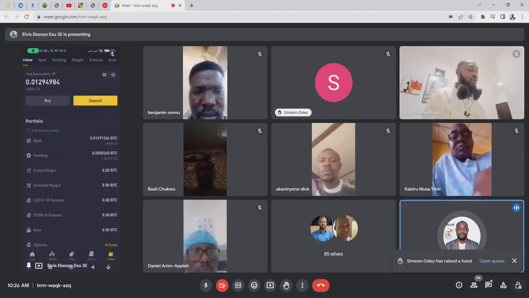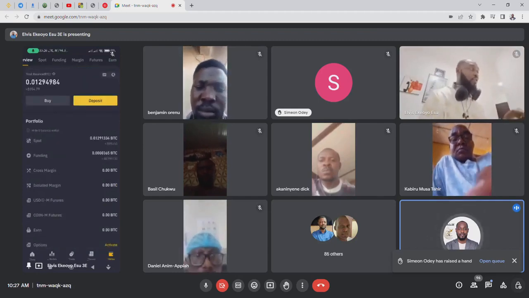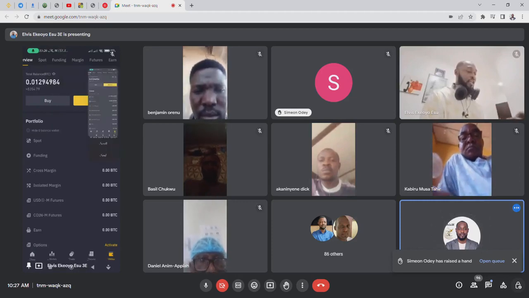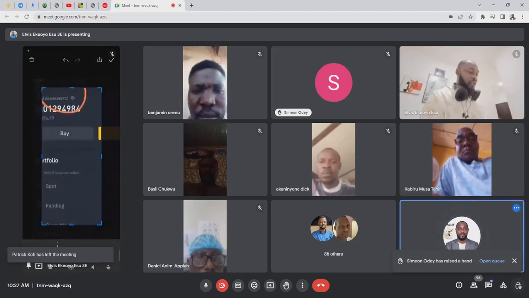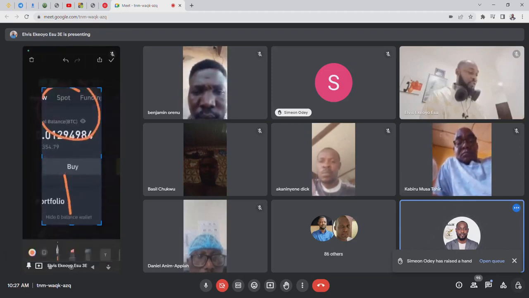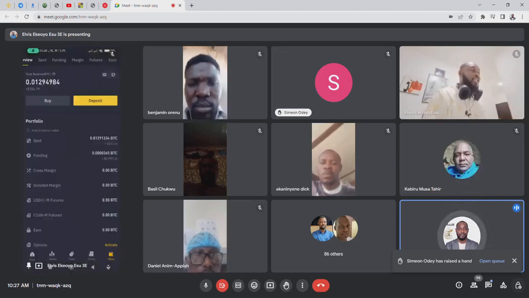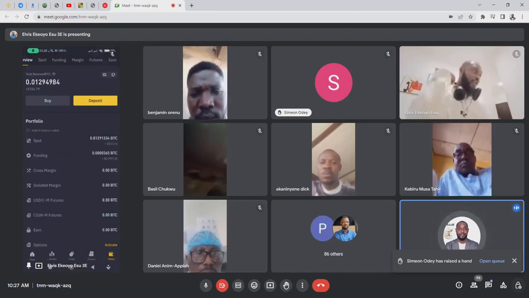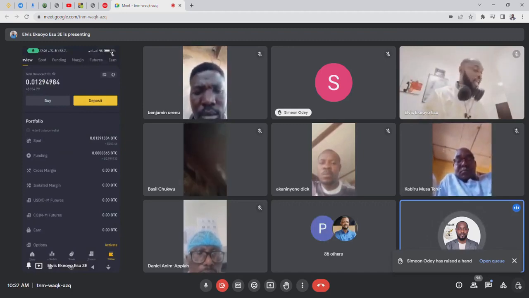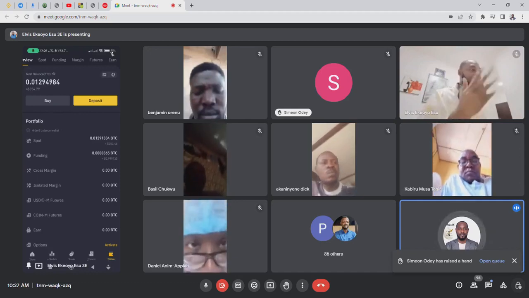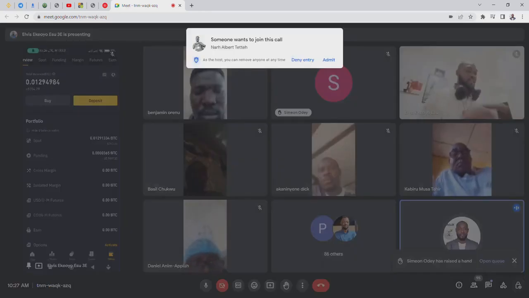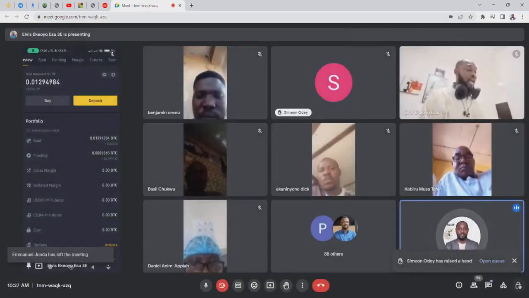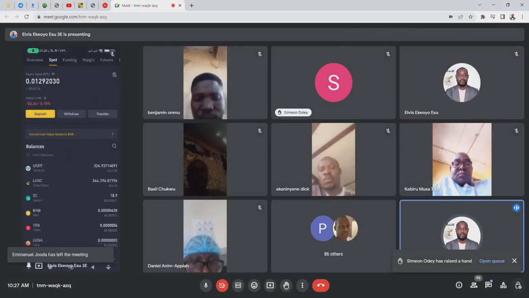But what we're focusing on is going to be spot. That's where we're going right now. So we are focusing on spot now. It's under this spot wallet that you can also buy some cryptocurrencies and just store it there, and you can leave it there. When the price appreciates, you decide to sell it. So when you click on that spot,